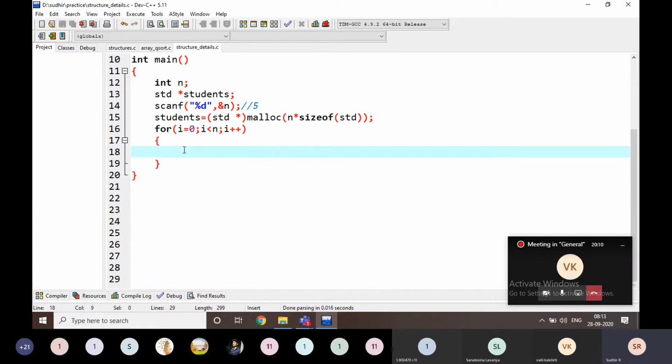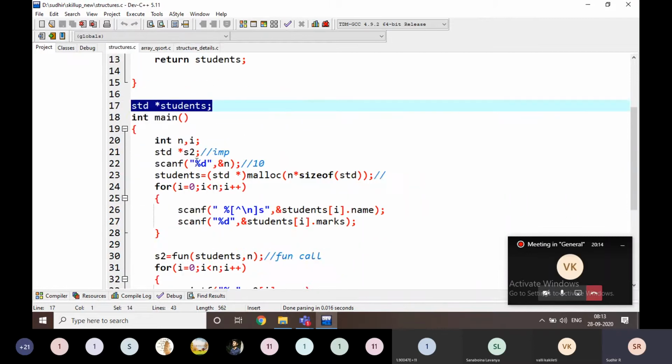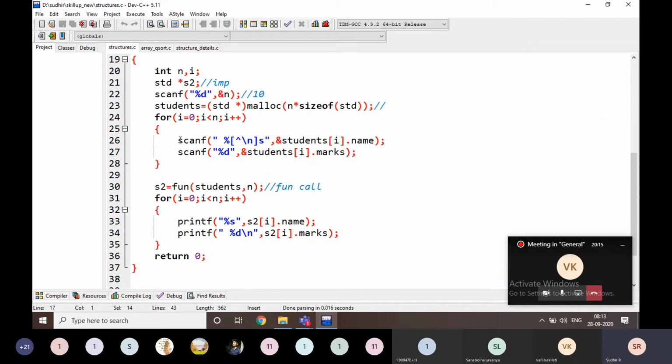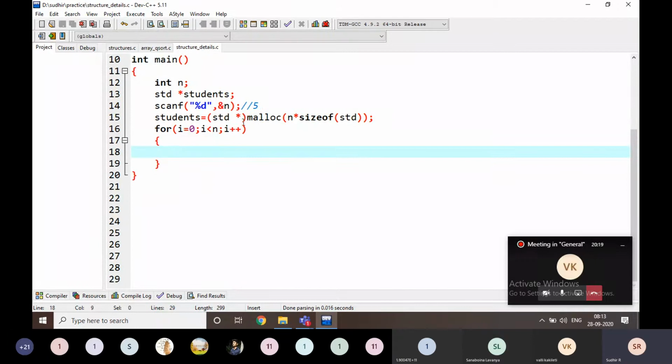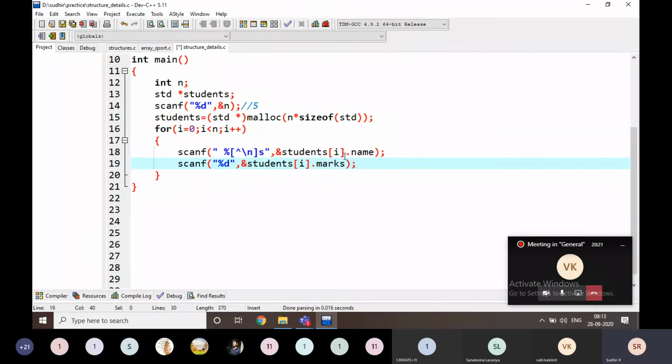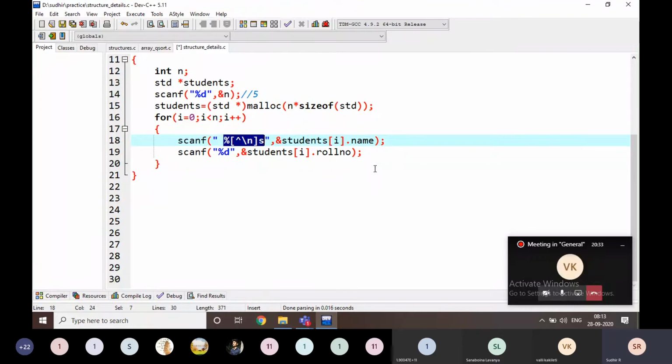Now we are going to read the data of the students here. How am I going to read the data of the students? Like this. Not only the students' name and students' roll number. The string I am going to write like this.